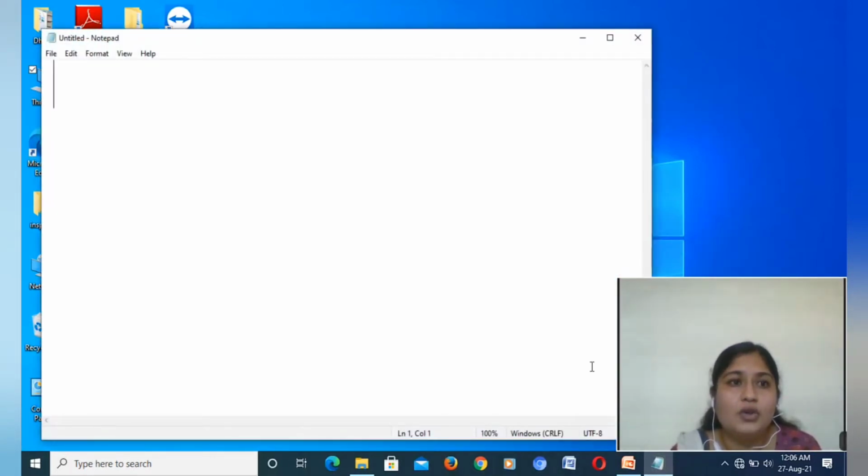Let's recall: this is the title bar, on the left side we have Untitled Notepad, and on the right side we have minimize, maximize and close options. Here are File, Edit, Format, View, Help of the menu bar.